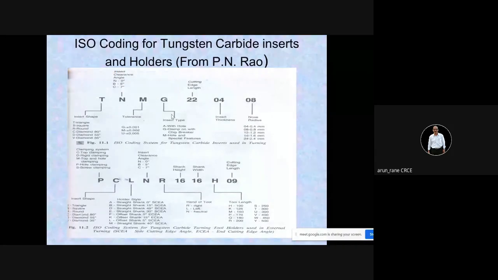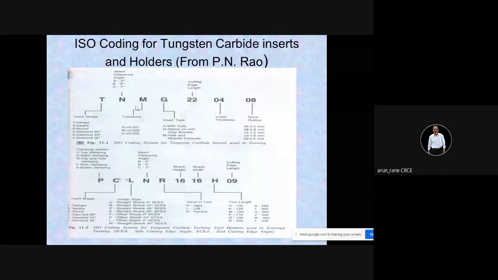And similarly, you have the holder in which these inserts are fixed. Again, you have meaning for each and every letter. So for the insert, you have 4 and 3, that is 7 characters, whereas in case of holder it is 9. So 2 more. Why two more?